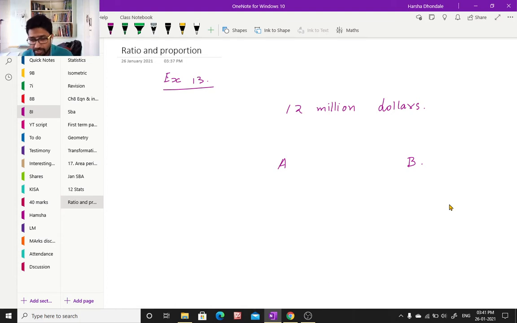So therefore, I want to give away this $12 million and I want to distribute to A and B. So if I give 1 million to A, then I have to give 2 million to B. This is the ratio that I choose. So why am I choosing this ratio? It's simply because the amount of effort and the amount of business that B has brought to my company is twice as that much of A. So now I have to distribute this $12 million in this ratio. Don't ask me why I'm giving this $12 million to them. It's just a hypothetical case, some imaginary case that I'm talking about here.